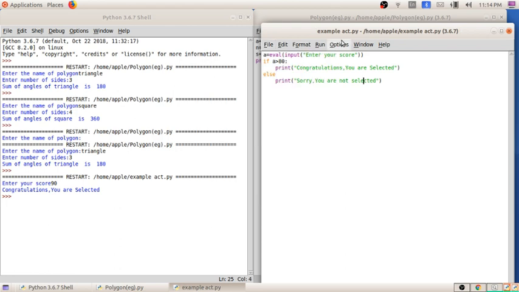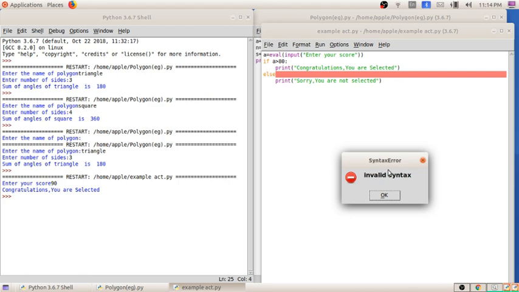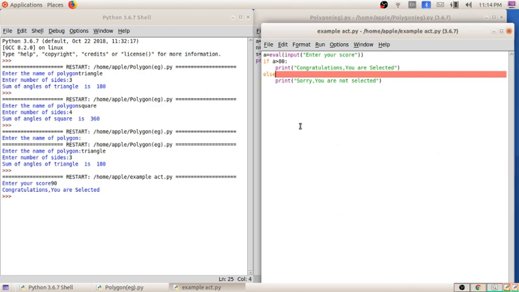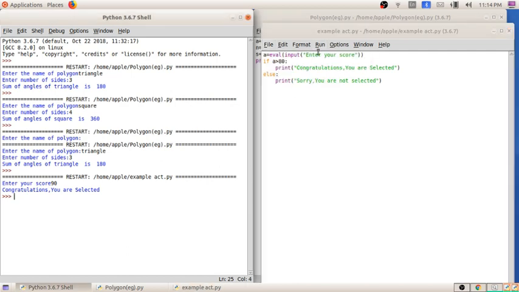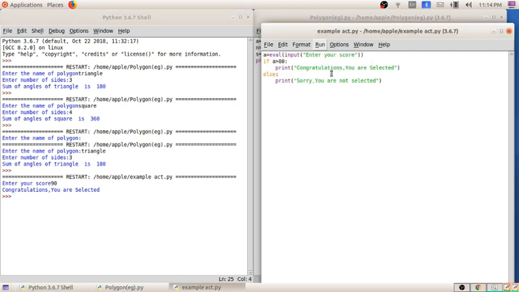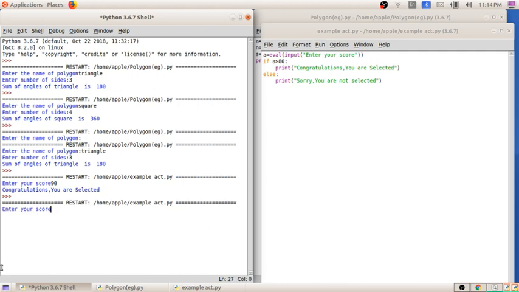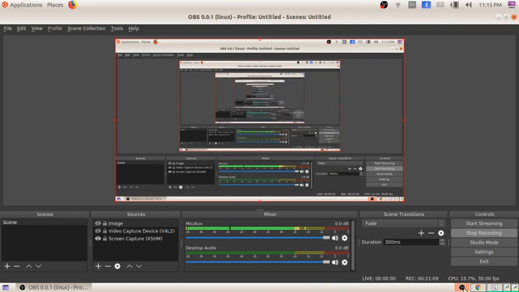File, save, run module. We have to type a colon here. Enter your score. I am typing 60. Sorry, you are not selected. So I hope it is clear to all of you about the if and else statement.